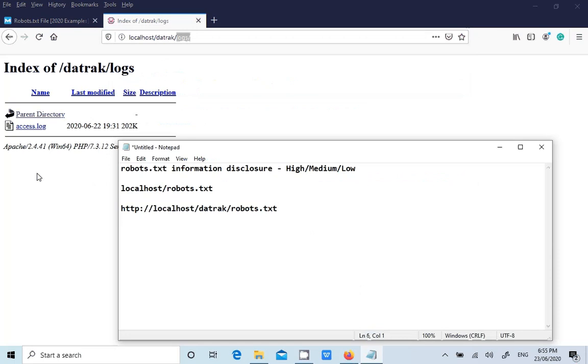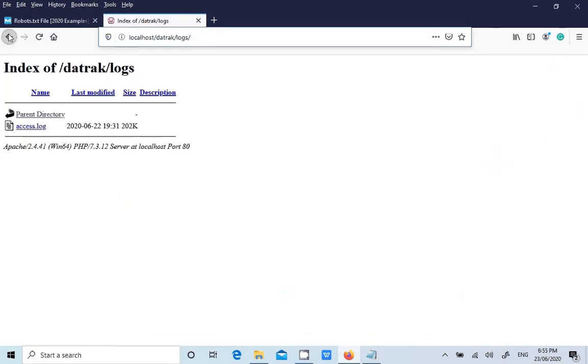Your job first is to open the robots.txt file, and if you see some folder names, just report it as a low level issue. If you come across anything like a log file or any sensitive folder, you report it as a medium level issue.